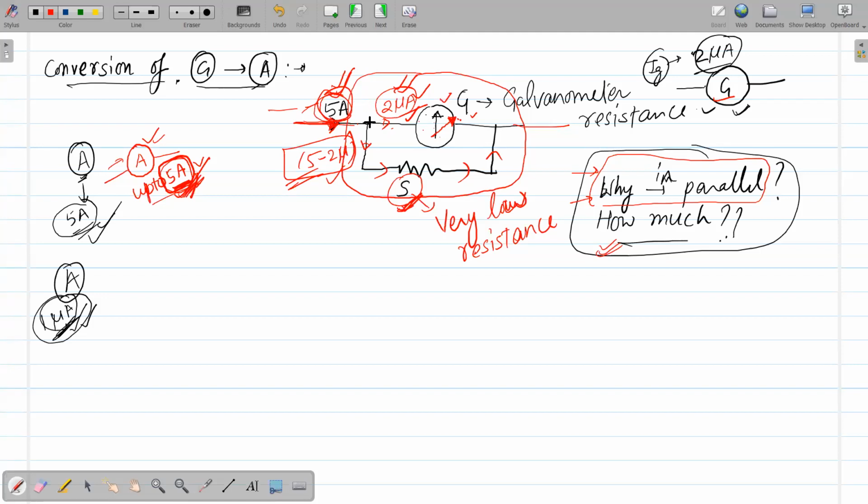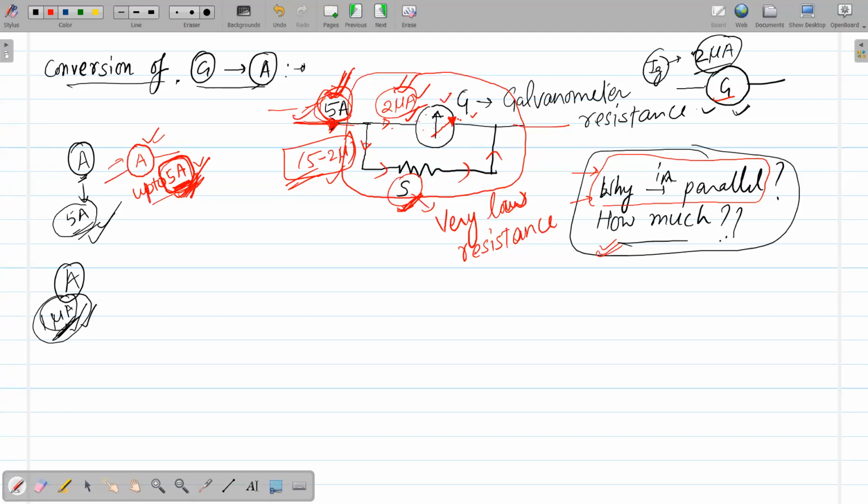And then only the maximum value of current that can be passed through the galvanometer is passing through it, and it is showing full scale deflection. So it appears that for 5 ampere it is showing full scale deflection, and virtually it appears as if it has become a meter of this current range. So now we can say that it can measure current up to 5 ampere.